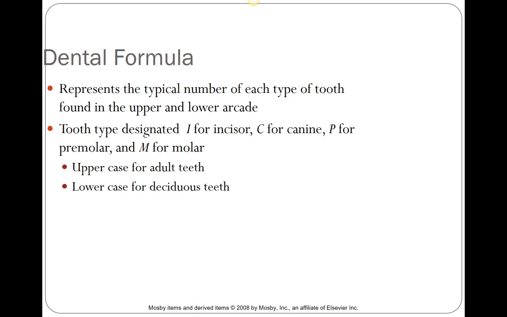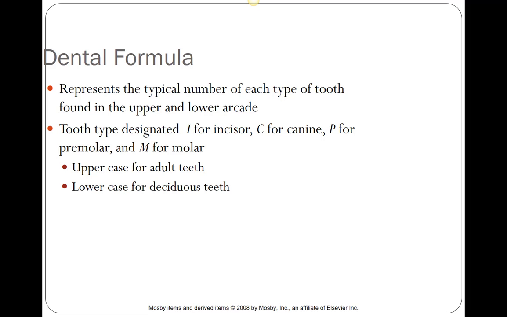We have something we call the rules of 4s and 9s. So canines are always numbered, when we get to the Triadan numbering system, they're always numbered number 4, and that's because they're the fourth tooth. There's usually 3 incisors. The fourth tooth you get to is going to be a canine. And then the 9th tooth in line that you're usually going to get to is going to be a molar. And so using the rules of 4s and 9s, this actually helps us out when we teach you the Triadan numbering system. But one of the things that's important to know is when you're sitting here and actually looking at the teeth,